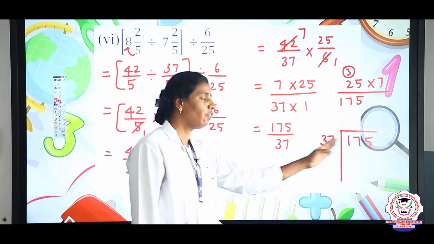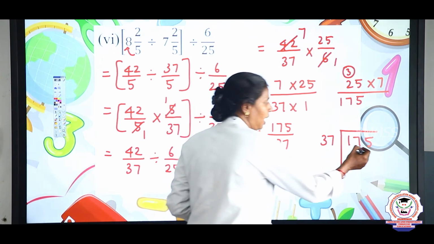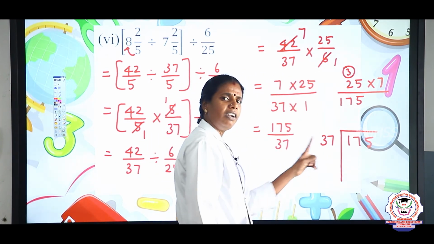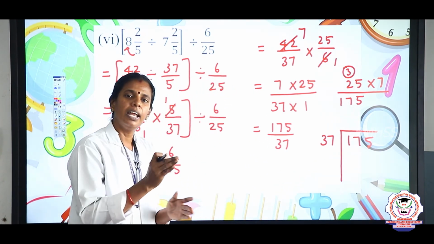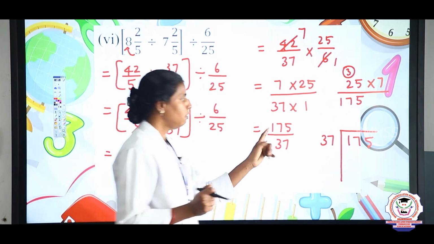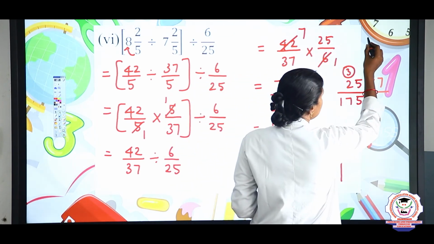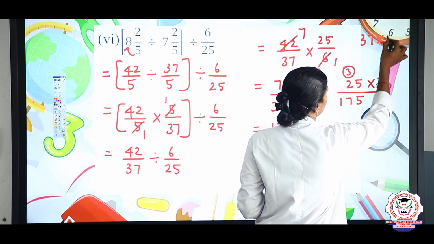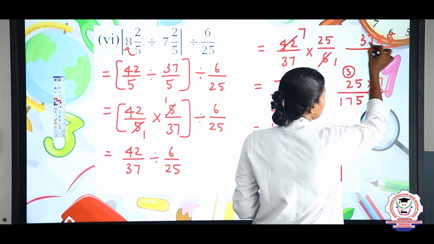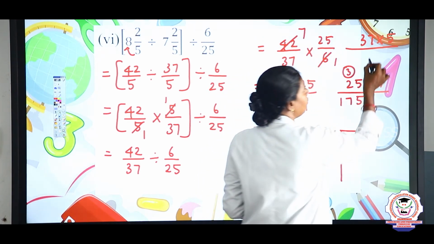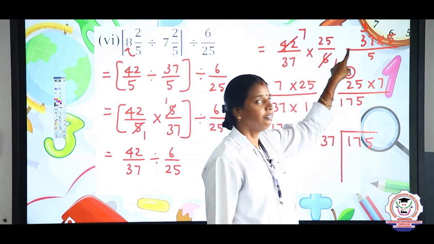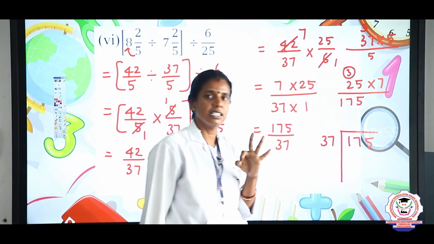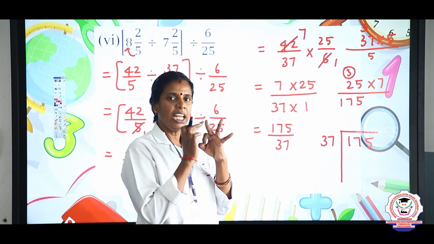How many times are we going to get? See, the number ends with 5. So we will try with the 5 table, because the multiples of 5 will end with 0 or 5. So we will try with 5. 37 into 5. 5 sevens are 35. 5 remaining 3, and 5 3s are 15. 15 plus 3 is 16, 17, 18.